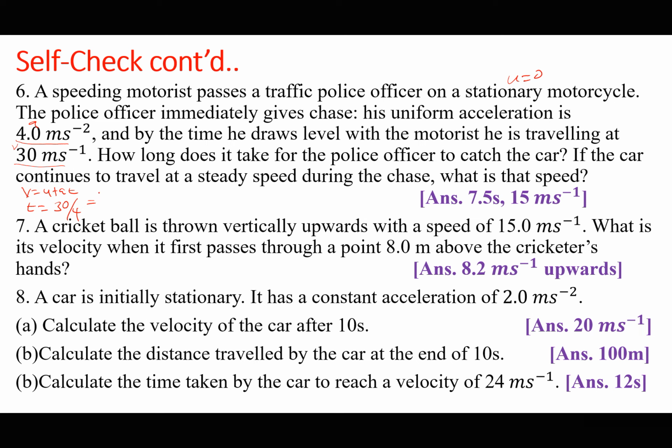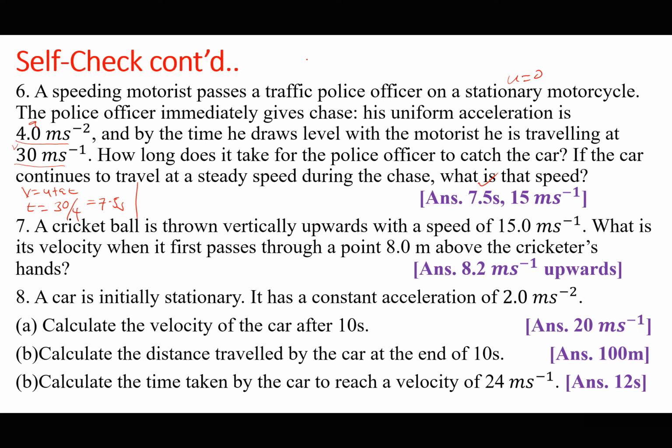And I think 30 divided by 4 is 7.5 seconds. So the answer here is correct. Then how long does it take for the police officer to catch the car? That is 7.5 seconds. If the car continues to travel at a steady speed, that means the speed of the car has not changed. But note that at the start, when t is 0, the officer is starting from initial velocity 0, but at t equals 0,